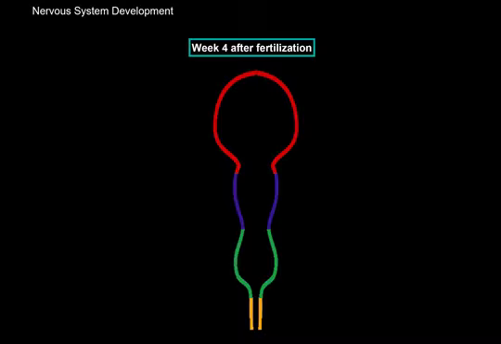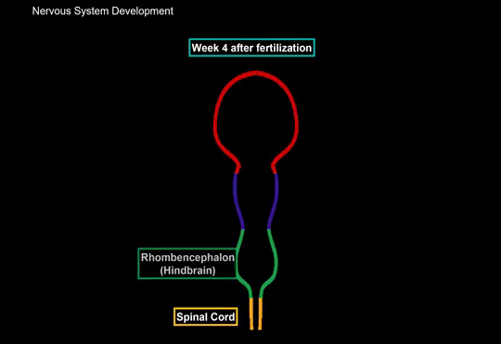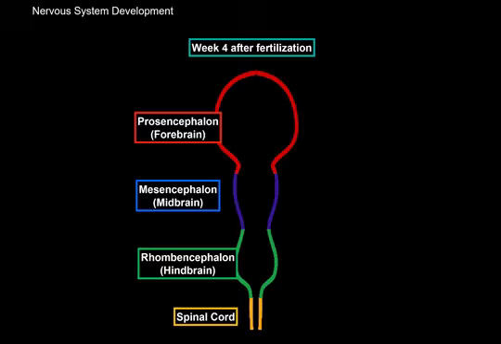Lastly, let's understand the principle of how the central nervous system is developed. Once you understand that, you will also understand why the central nervous system is built like it is and why the adjacent structures often have the same function. So if you look at a real primitive brain, you will find that we have 4 humps at the time of the 4th week after fertilization, and we call those, well, the first one is not a hump but the spinal cord, then we have the hindbrain, the midbrain, and then we have the forebrain, or in Latin, rhombencephalon, mesencephalon, and